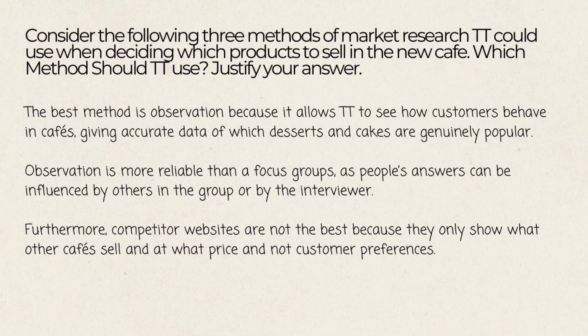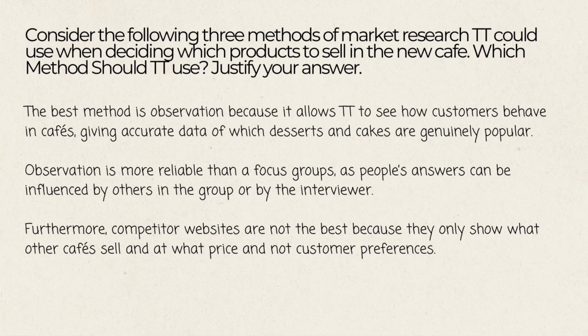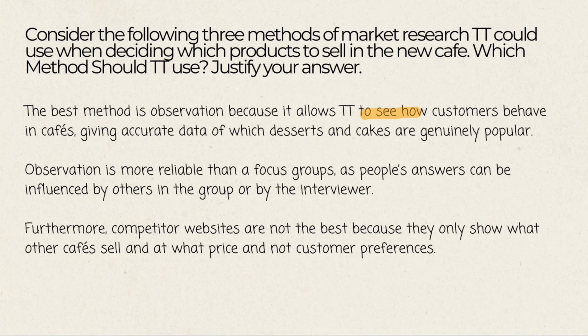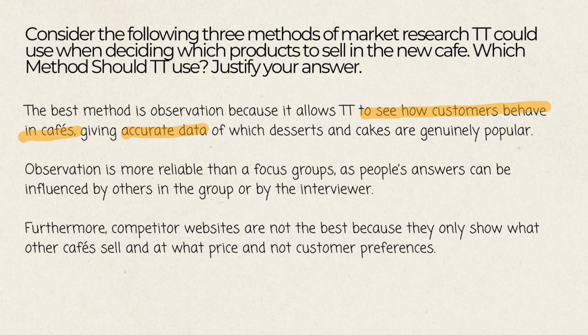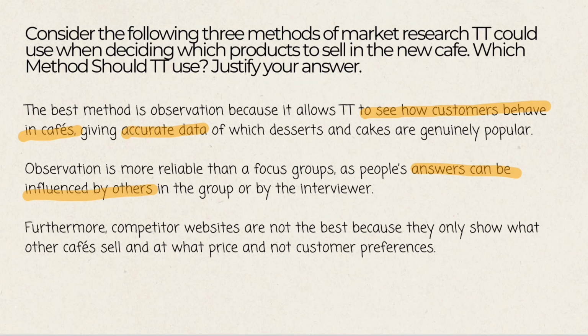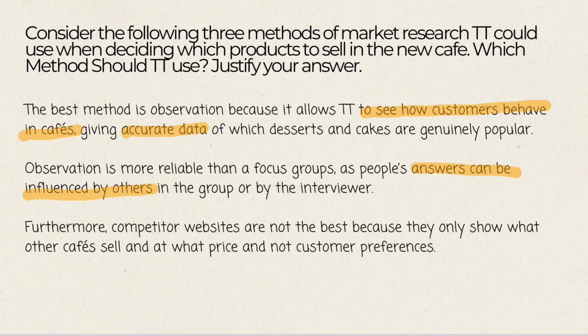This is the evaluation or recommendation section of this question. I have used the examiner's feedback in the previous slide to inform my 3 level 3 points in this answer. The best method is observation because it allows TT to see how customers behave in cafes, giving accurate data of which desserts and cakes are genuinely popular. Observation is more reliable than focus groups as people's answers can be influenced by others in the group or by the interviewer. Furthermore, competitor websites are not the best because they only show what other cafes sell, at what price,